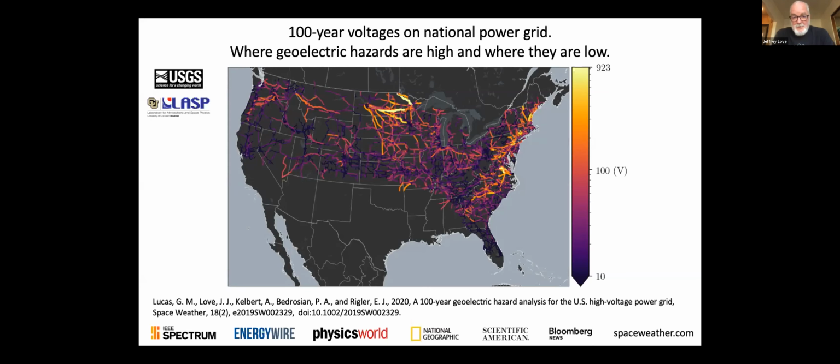Calculating them is one thing, and of course you want to compare that with measurements, and whether or not the power grid industry is open to it. In the United States, the Federal Energy Regulatory Commission is now mandating it, and those data are being collected and will be publicly available. They will be of some use. We can do correlation analyses of the GICs and understand how those are related to magnetic storms. But again, until we know the grounding resistances, we won't be able to do the forward calculation with much accuracy.